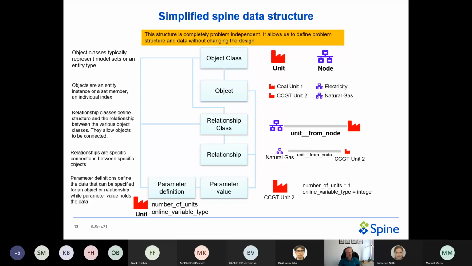Then we have relationship classes, and relationship classes tell us how these object classes are related to each other and what kinds of connections you can make. So for example, let's say we define a relationship class that's between a unit and a node, and we call it unit from node. That's saying it's possible to connect a unit to a node in our model, and that has some meaning. And the meaning, let's say in the example of SpineOpt, is that we trigger a flow, an energy flow from the node